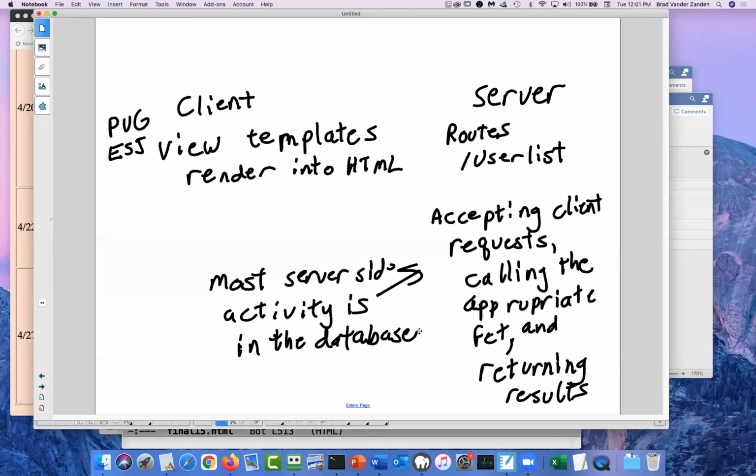Use a different language like PHP, Java, C#, Python, Perl instead. So that's the basic idea: a tight loop running on the server, accepting client requests, making calls to a database, and then sending the results back. So the JavaScript on the server side is essentially just a quick connection to the database.